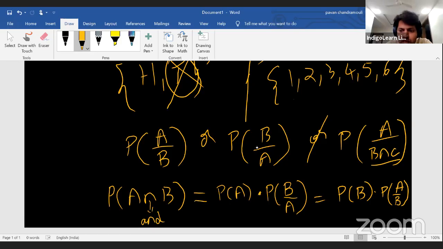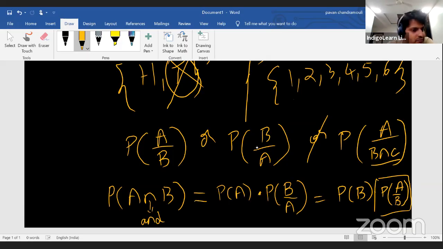Now, if you want to derive the formula of P of A by B, feel free to do so. It will become P of A intersection B by P of B. If you want to derive the formula of P of B by A, it will become P of A intersection B by P of A. So I think it's very simple to derive the formulas on your own rather than just remembering what is given in the book, because it will not help you in the exam. You will try to remember too many formulas and you will not be able to recall them properly. You don't have much complexity in the problem, so it's very easy for you to derive on your own.